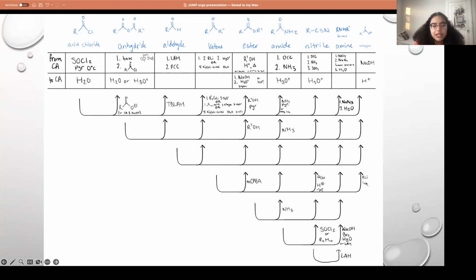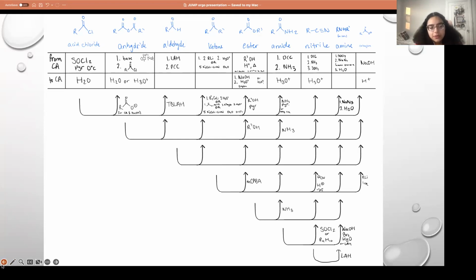And then as we already saw a little bit, the different ways to move between the different groups is also labeled here. So the absolute bottom one, LAH, would get you from a nitrile to an amine. The first set of arrows is how to go from acid chloride to any of the other things. The next one is from anhydride to any of the other things. So from anhydride to ester, you would just need an alcohol. And to get to an amide, you would just need to add the NH3, which you can see in the structure there, how that would attack, and you'd get the nitrogen attached there. So in general, for organic chemistry, it's just good to have an idea of how to move between the groups.